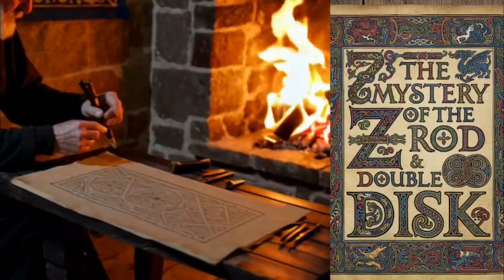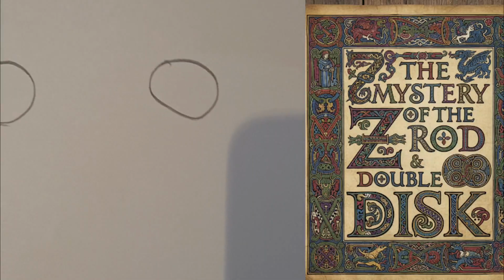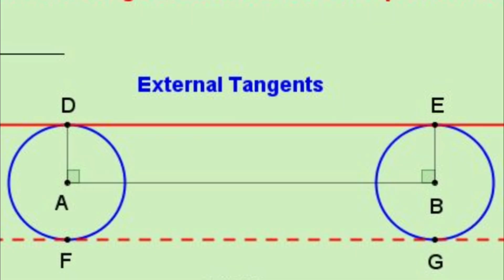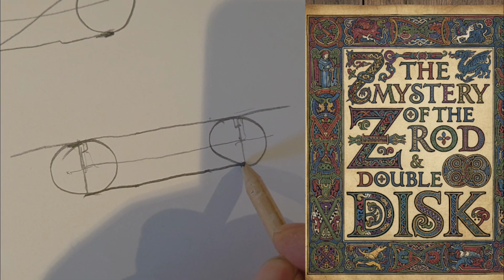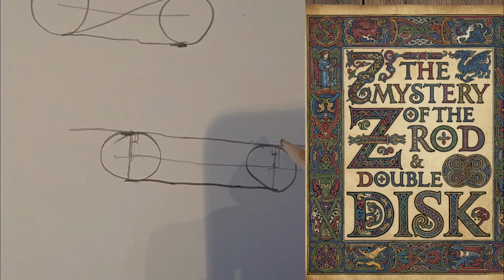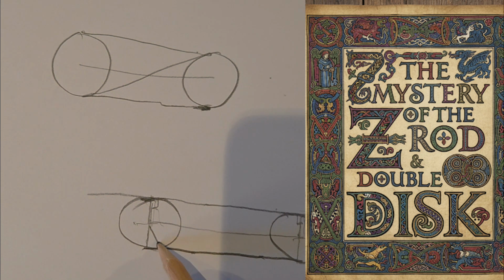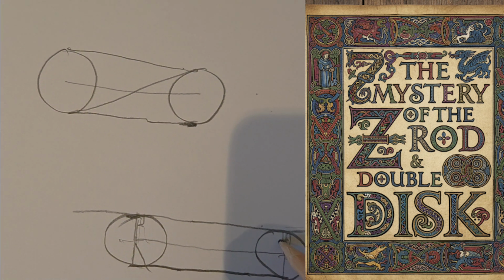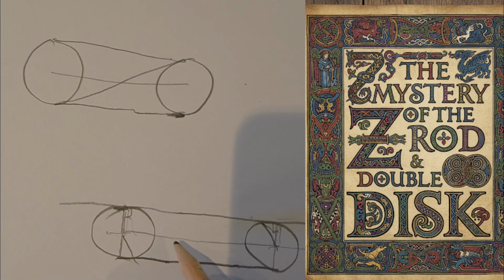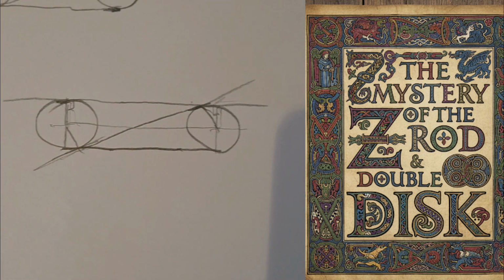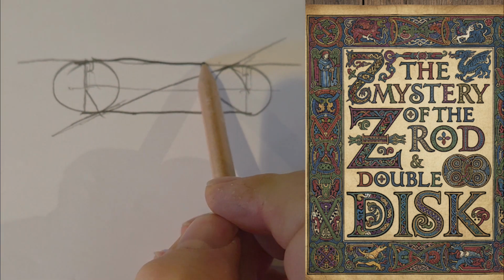It's as if someone has said, right, I want you to draw, for these two circles, the internal and external tangents. Now, an internal tangent is where the tangent line will pass between the two circles. We know that there's going to be a right angle to a radius here, somewhere around here, right angle to a radius somewhere around here, then it would run up here. We have already the Z-rod, there's the Z-rod,